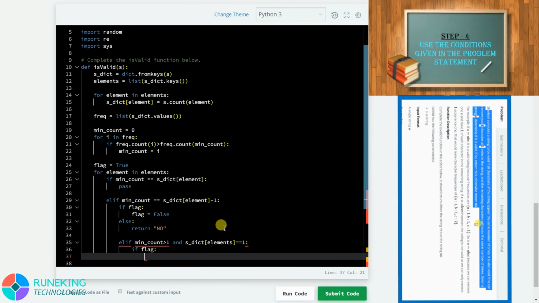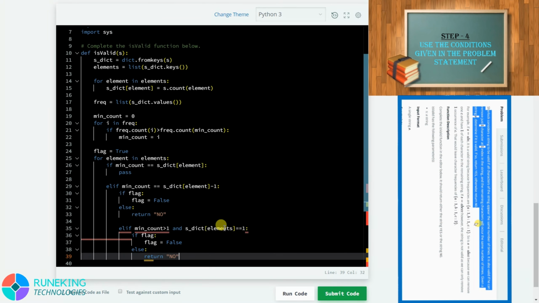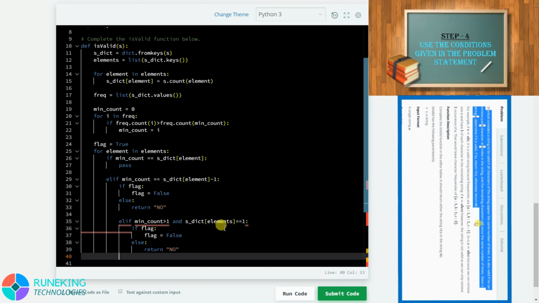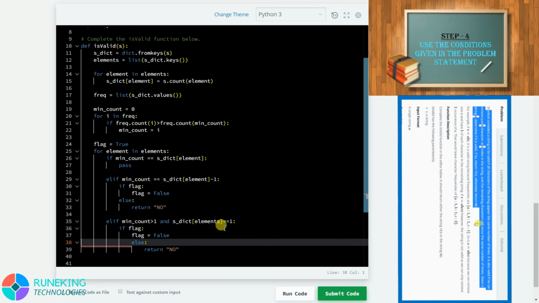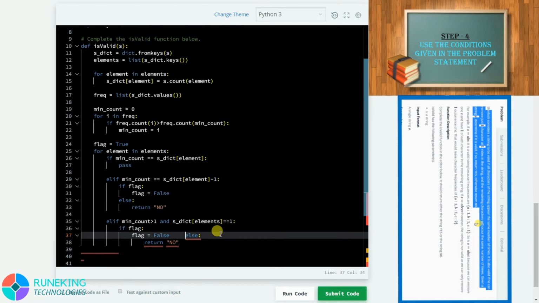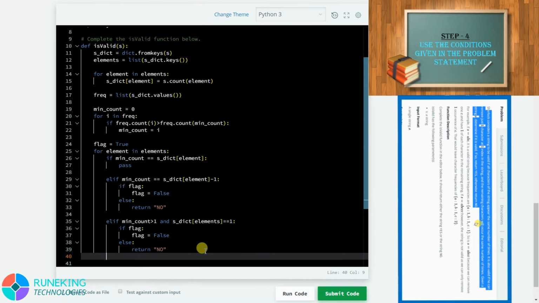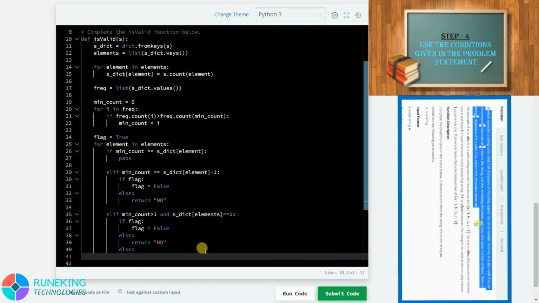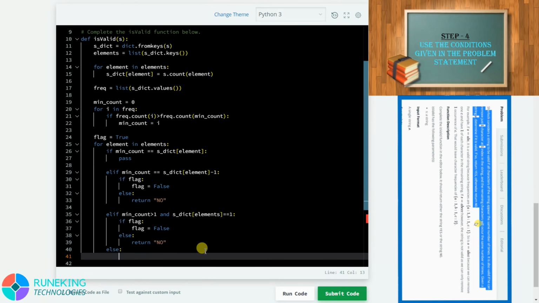So here again, sorry, there is an error, let me correct this. After this there is no other case, that means in the else condition we will just put return no.